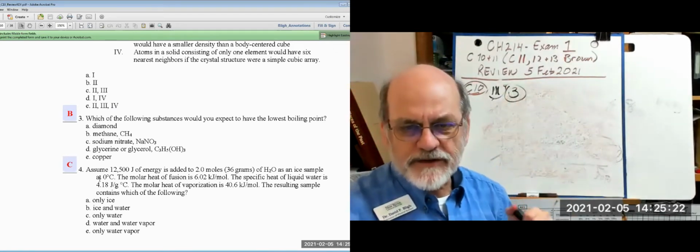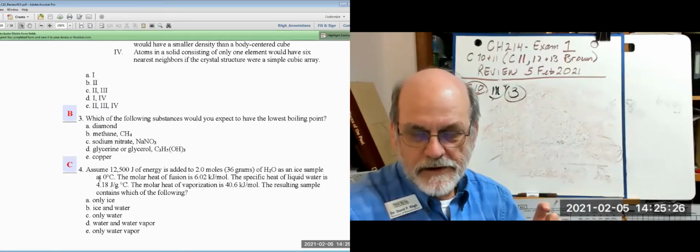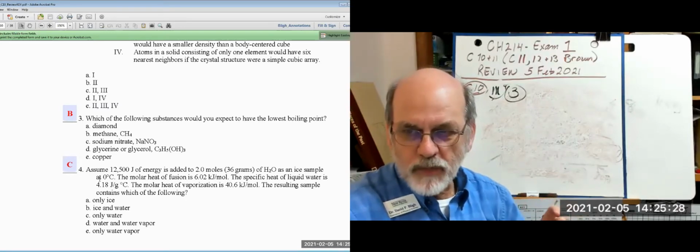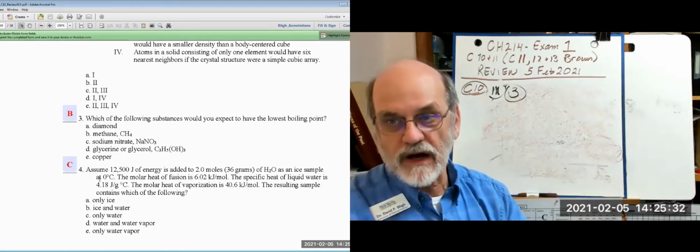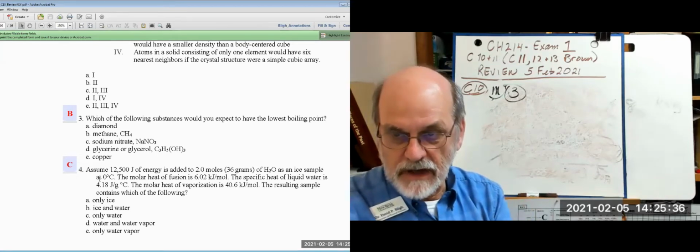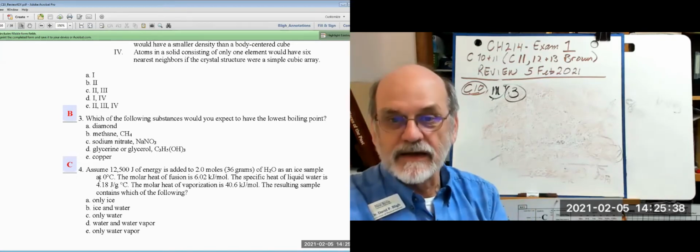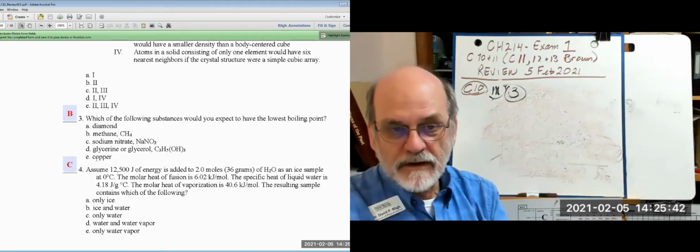Which of the following substances would you expect to have the lowest boiling point? The lowest boiling point is the easiest to break intermolecular bonds. Any type of bond that can be broken easily is a low boiling point. Right? So the lowest would be,